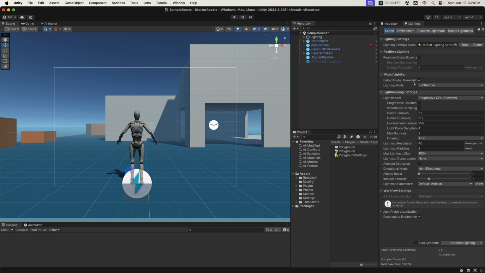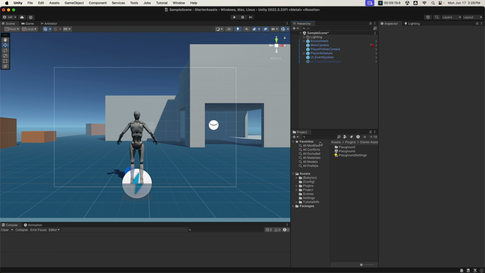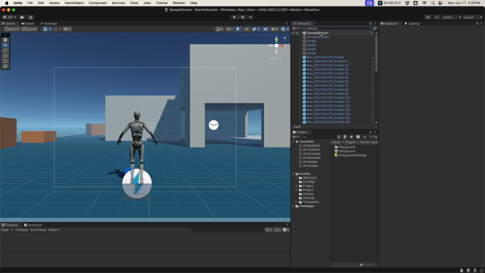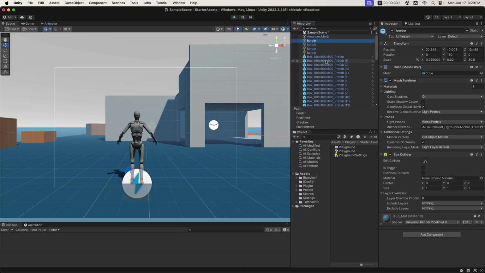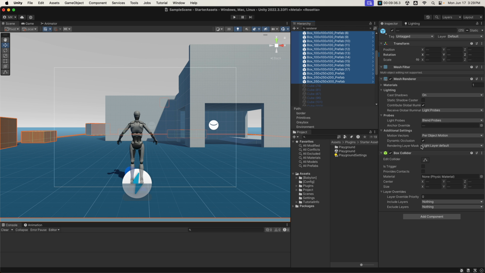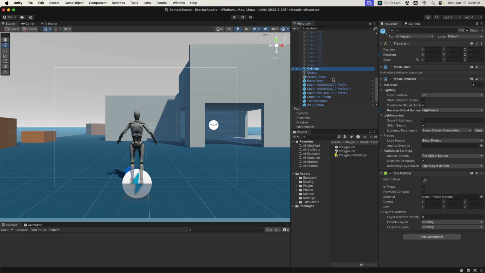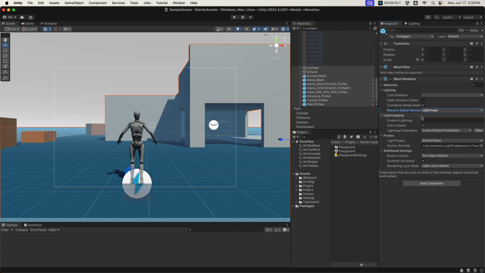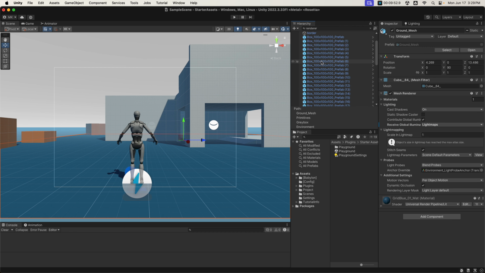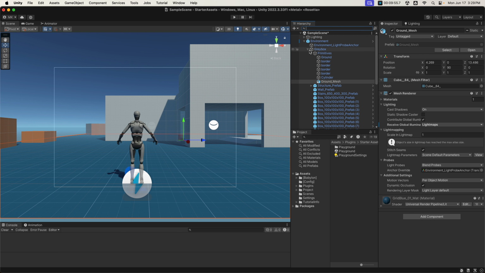We are going to take the inspector, we'll need to change the light map renderer, so we're going to type in renderer. That'll give us all the renderers that are in the scene. This is our actual armature, so we don't really need to select that one. But all of these boxes, everything in the scene, these are disabled. We're going to want to select those and change its receive global illumination from light probes to light maps. We'll come down, find the rest of them, select them, and change them from light probes to light maps. Now that builds out the scene for us,